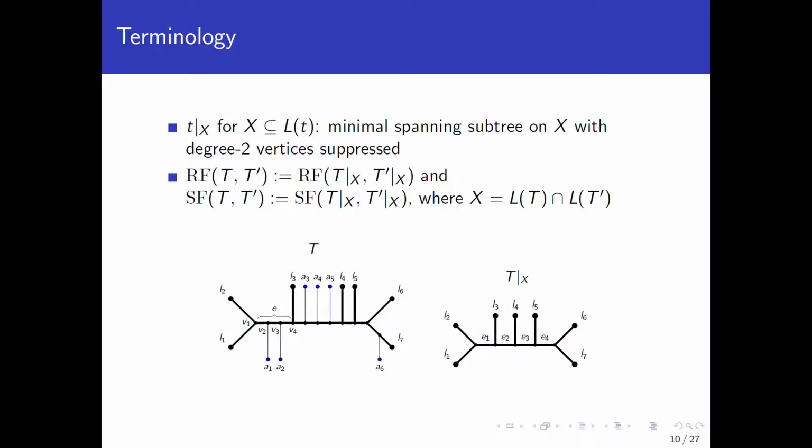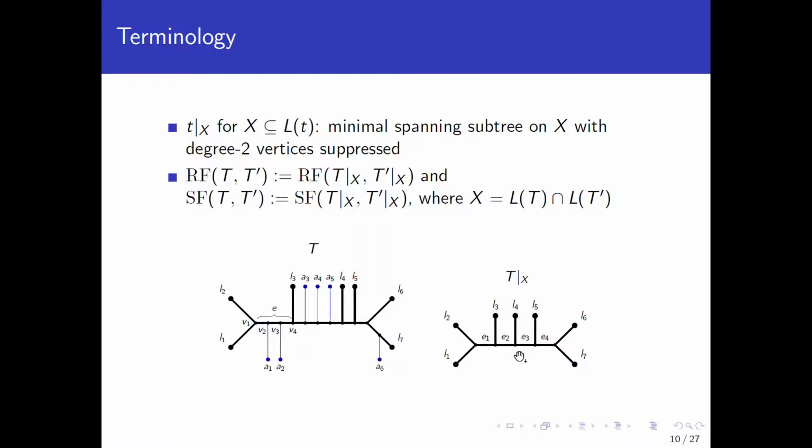Given a tree T and a subset of leaves, we say the tree T restricted to this subset of leaves is the minimum spanning subtree on this set of leaves X with degree 2 vertices suppressed. For example, let's take a look at the tree T here. If we set X to be the leaves L1 to L7, then we obtain T restricted to X on the right by first ignoring the leaves not in the subset and then suppressing degree 2 nodes,